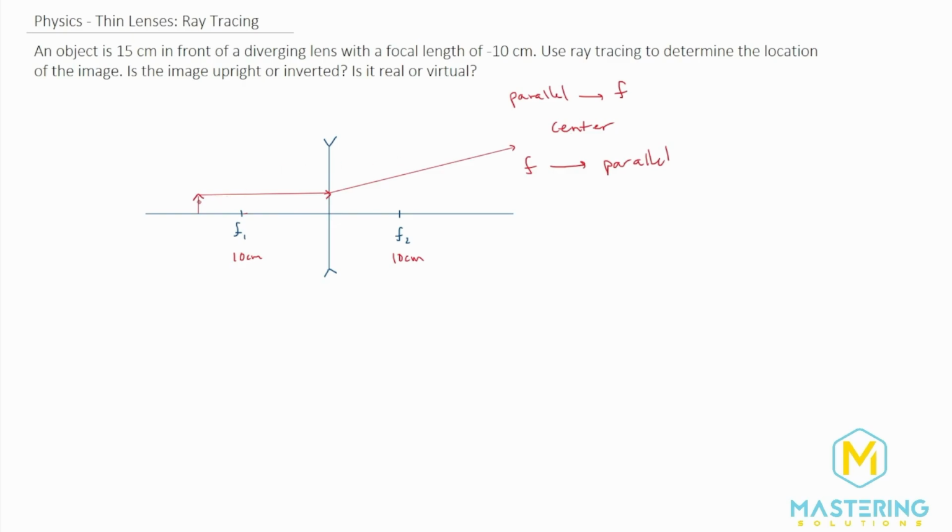Now to do the second one, we need to go through the center of the lens. And so we'll have right there through the center. And then the last one, we go from the focal point to the parallel. So with this last one, this is where students get tripped up. Just draw a line as if you're going to the focal point. And then instead of going to the focal point where it hits the lens, now we're going to have parallel or collimated light. So it'll look like that.